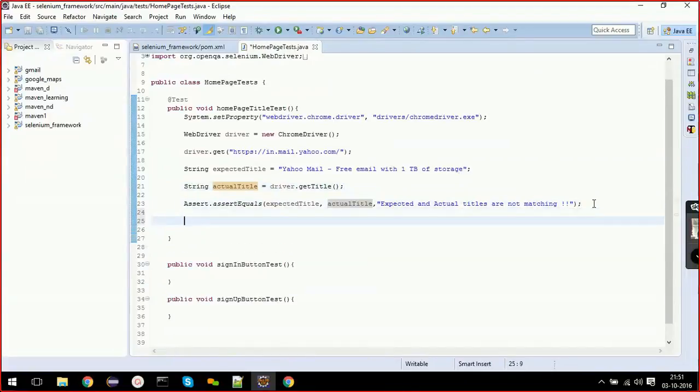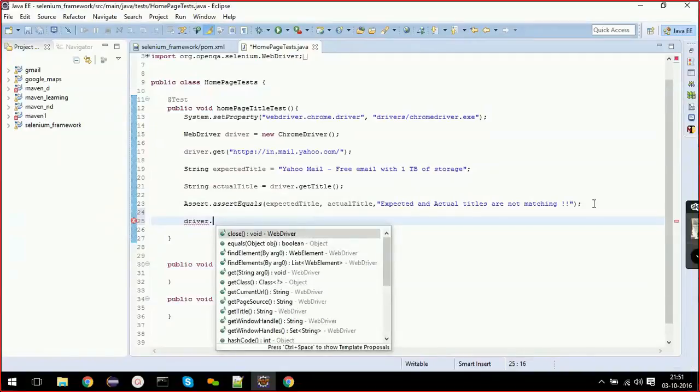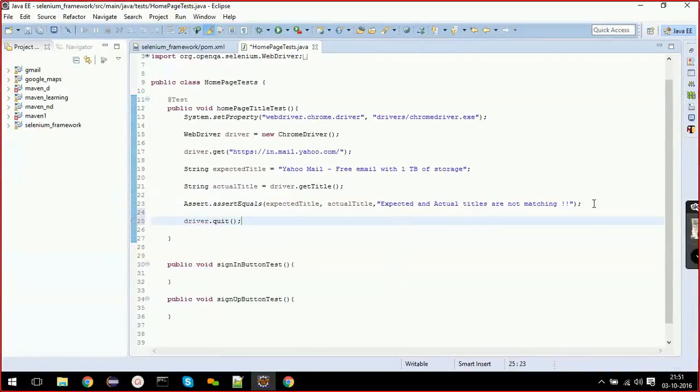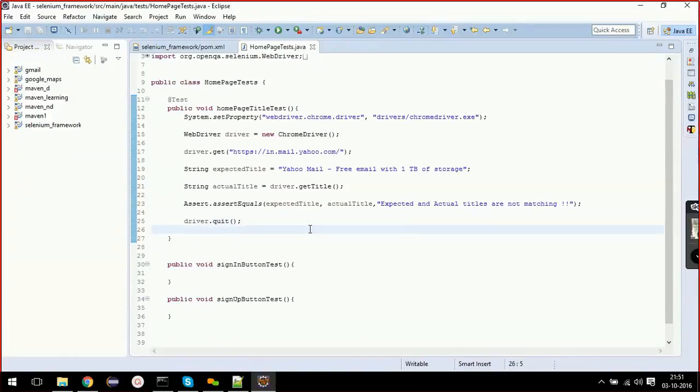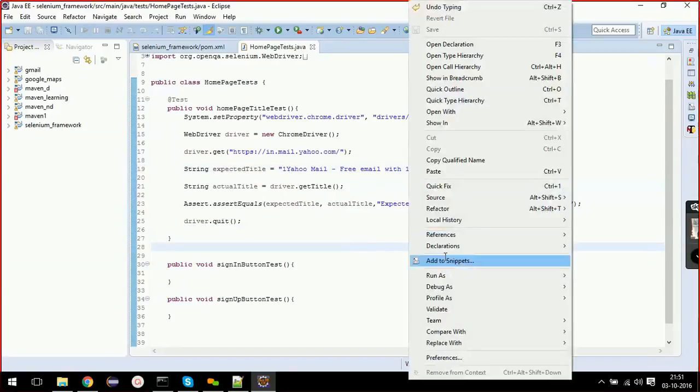After that, I need to add this driver dot quit, so it will close the browser too. Okay, this is about your just login test. Suppose for some reason if I intentionally change this title, then